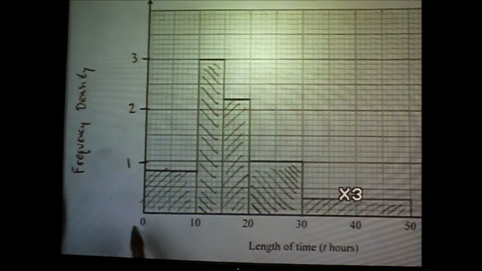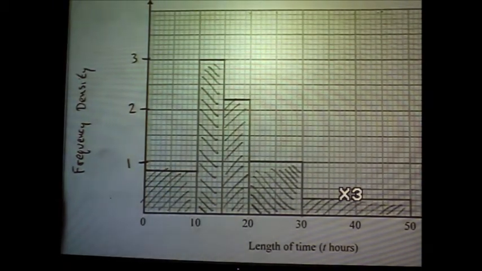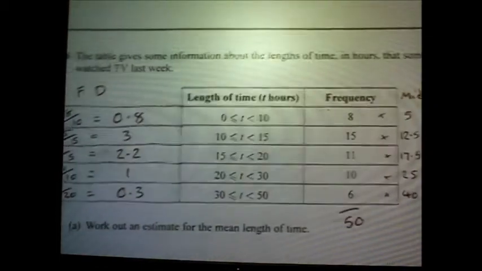So for the first one, let's have a quick look up here. It goes from 0 to 10 and it goes up to 0.8. So let's have a look what I've done. 0 to 10, look, and it goes up to 0.8. And I've just shaded it in to make it a bit clearer on the visualizer. The next one,